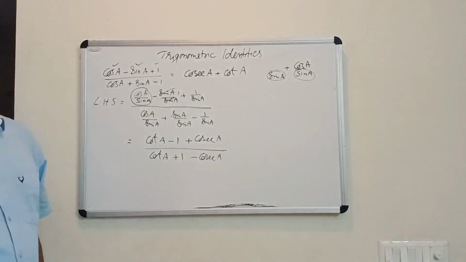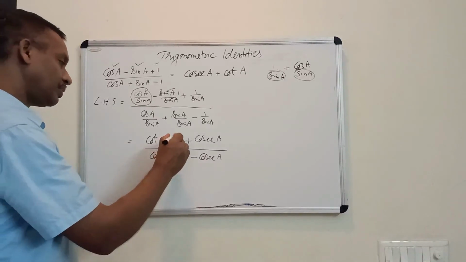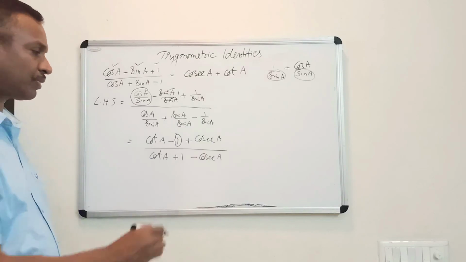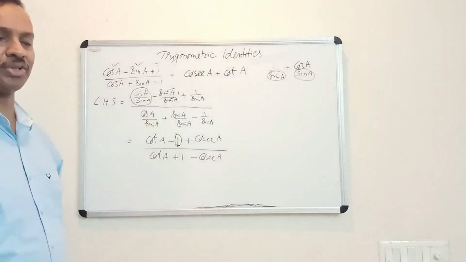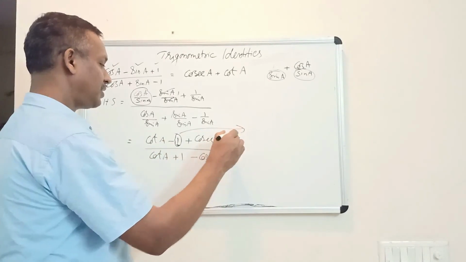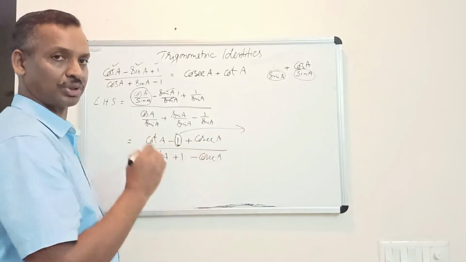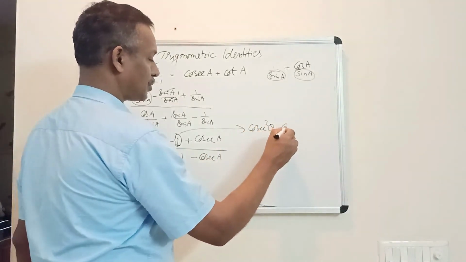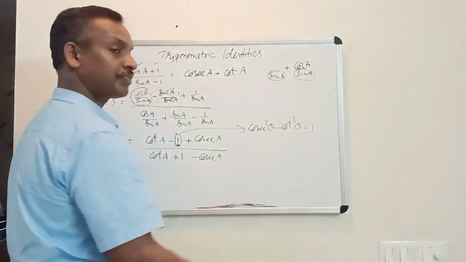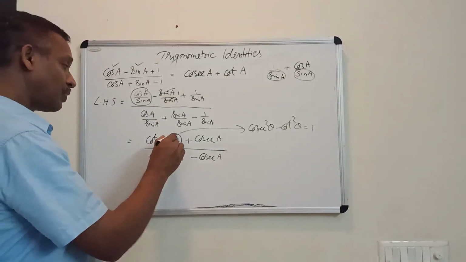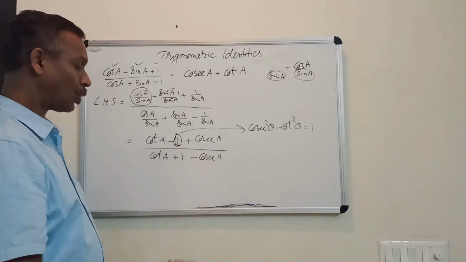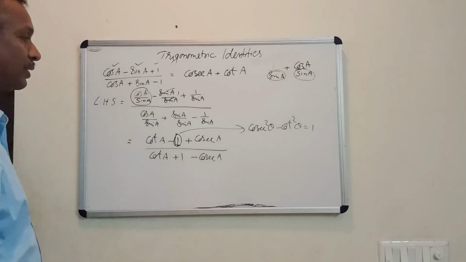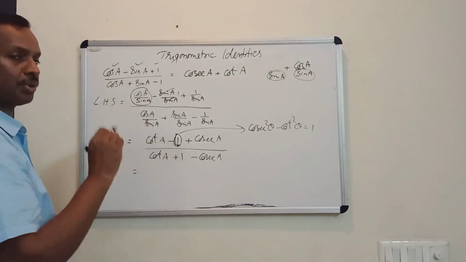After reaching this stage, the easiest method is to change one of the numerator's terms, the number 1 which is visible here. You can change it using the identity. There is an identity involving 1, cosec and cot. One identity is that cosec square theta minus cot square theta is equal to 1. You can change either one in the numerator or one in the denominator. Don't change both. Change any one. Here I am going to change one in the numerator.